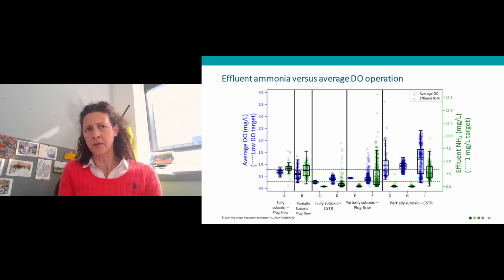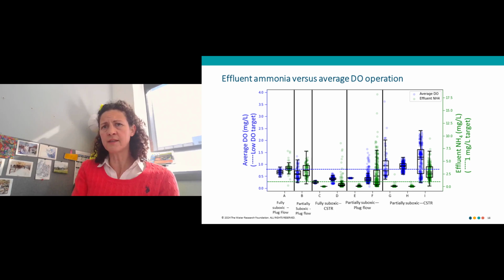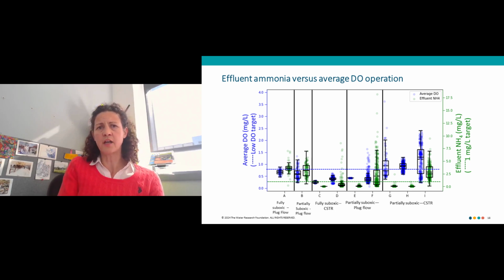We define that just operationally as, if they are largely with a data set below 0.7, we call them a low DO facility. And then on the right side in green, the data is effluent ammonia concentrations. And we put in a target here of less than 1 milligram per liter. And what you see is that a number of facilities that are fully suboxic, either in oxidation ditches, for example, look at facilities C and D, or partially suboxic in plug flow, are able to achieve very good nitrification at